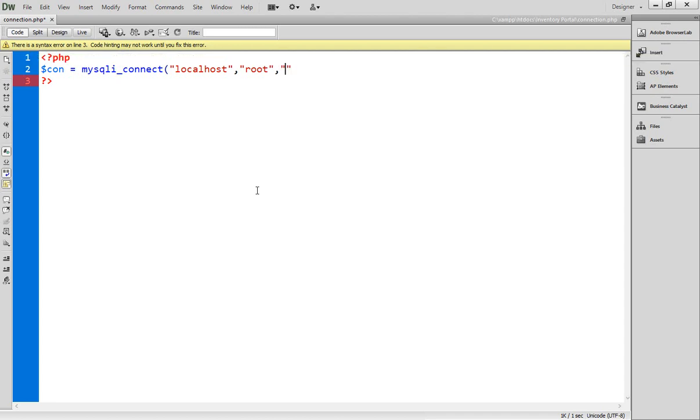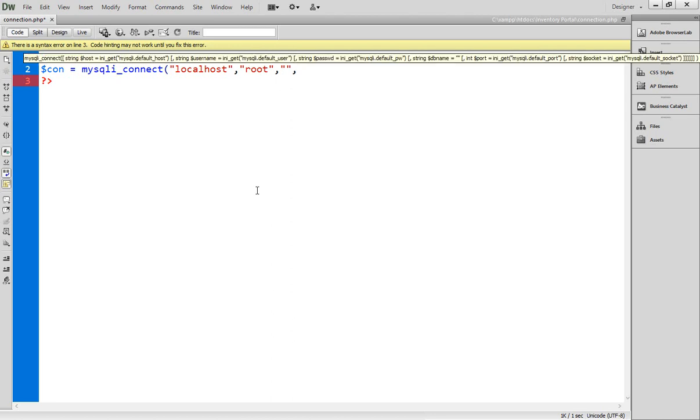I created a user at the start of this series, that is Ali and ABC123, so you have to specify something like that. Right now I am leaving this as root, but make sure that you specify your own username and password, don't copy mine. The last parameter that we need to pass here is the database name,